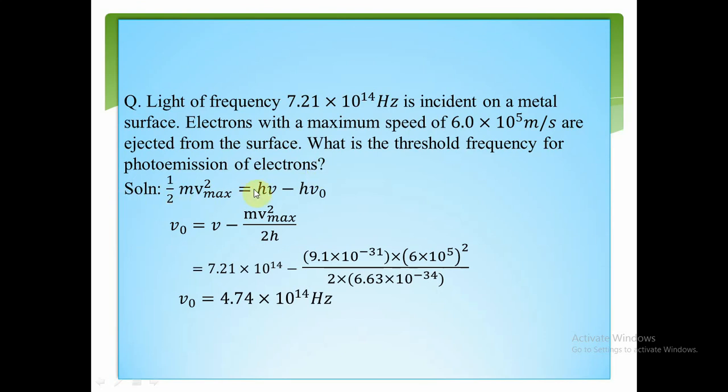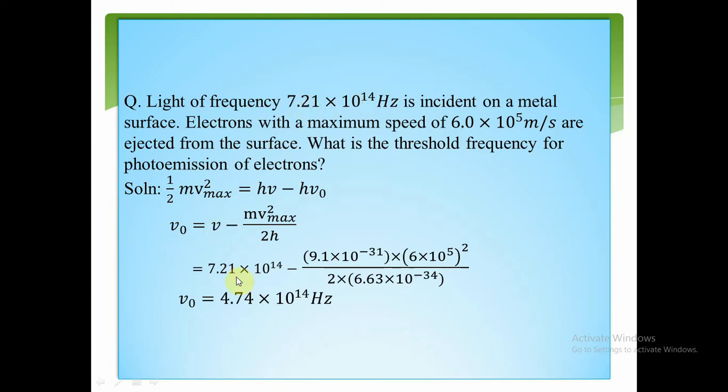Solution: by using the Einstein photoelectric equation, half m v square equals h nu minus h nu naught. If you simplify for nu naught, the equation becomes nu naught equals nu minus m v square divided by 2h, where nu is given, that is